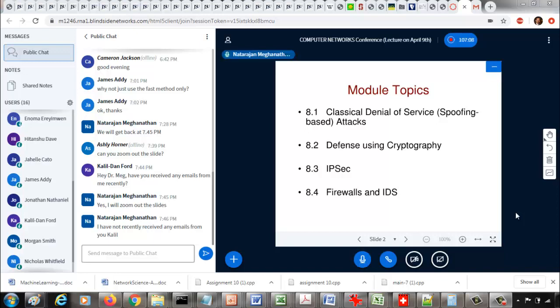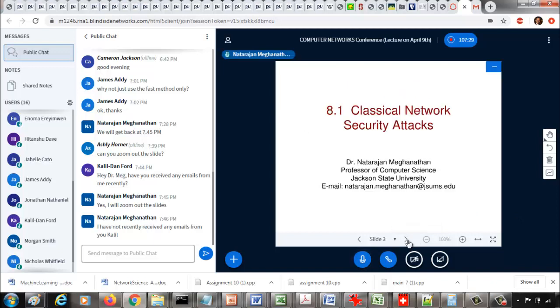So we are going to see some classical attacks that have occurred in the past, and then we are going to see some defense mechanisms to protect ourselves against such attacks and many other attacks that could be possible. So the classical attacks